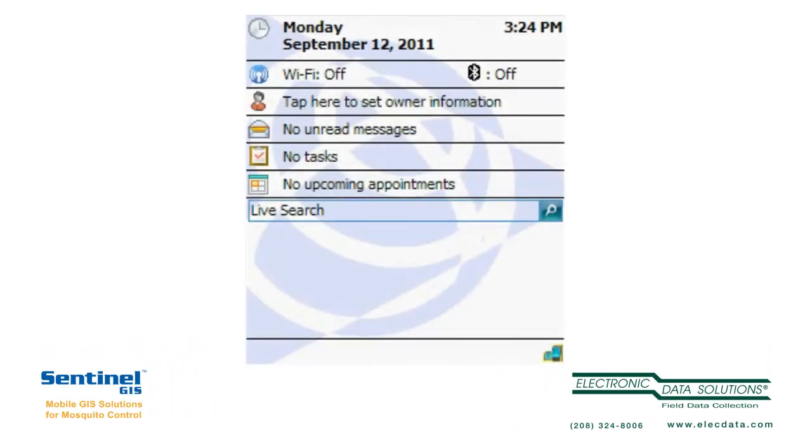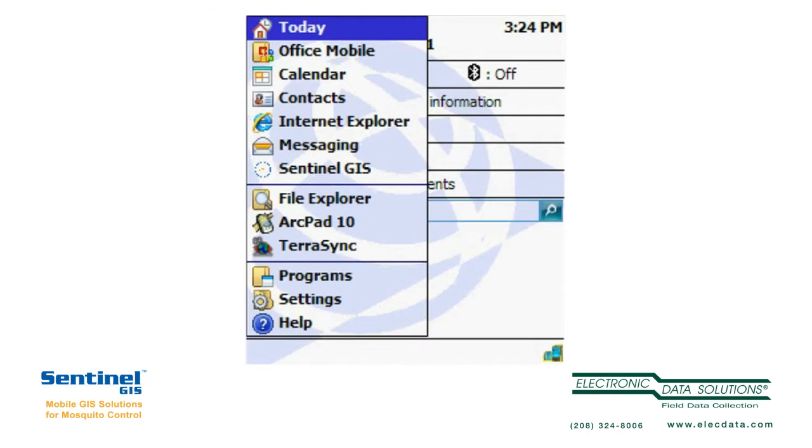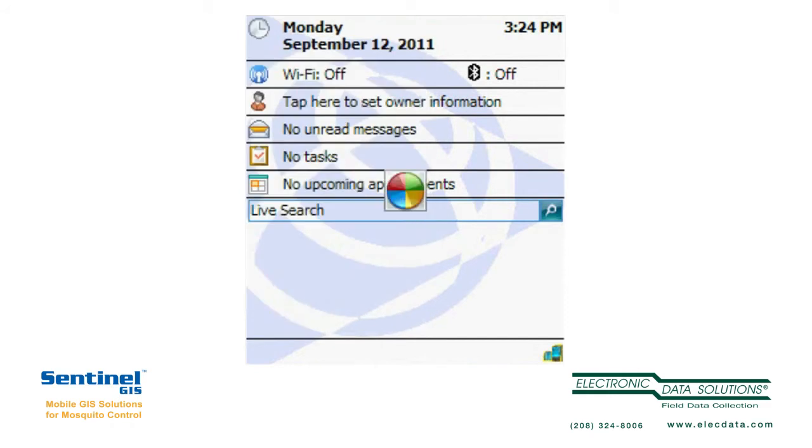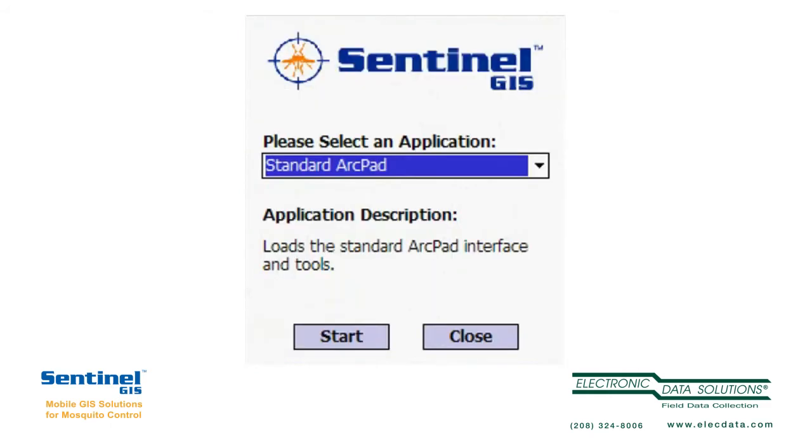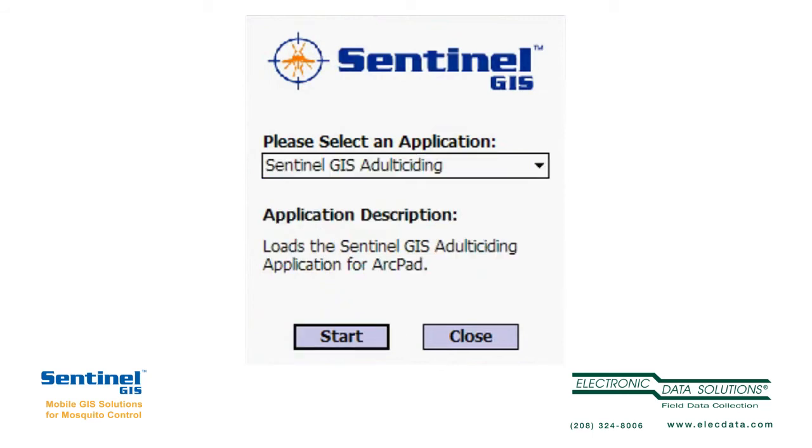In this video, we'll see how to use the Sentinel GIS Adulticiding mobile application. I'm using a Trimble device, and I'm going to select Sentinel GIS from the Start menu, and then I'll select Adulticiding as the application to run. ArcPad will start up and automatically open the map and connect to GPS on the internal device, and it'll come